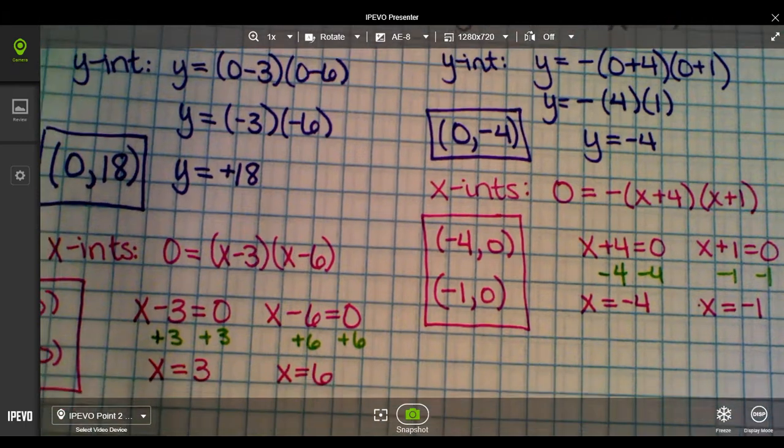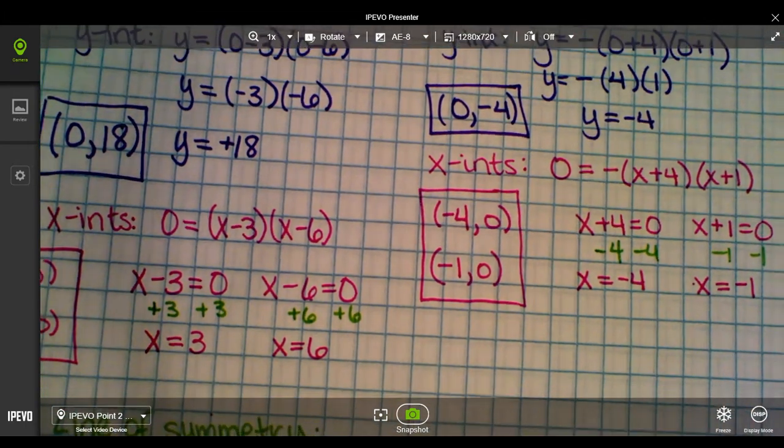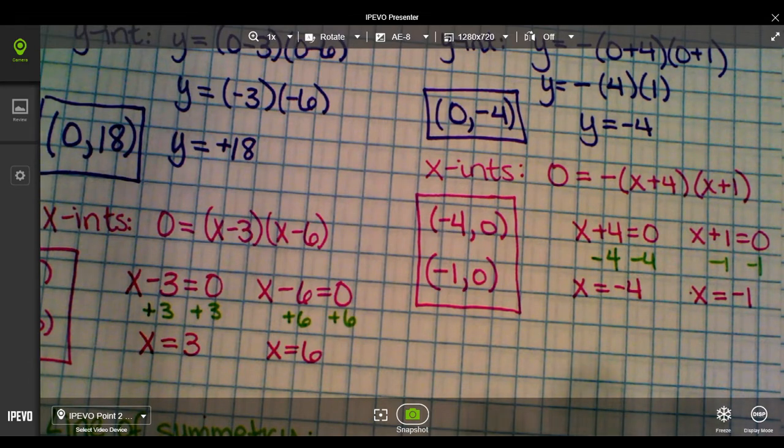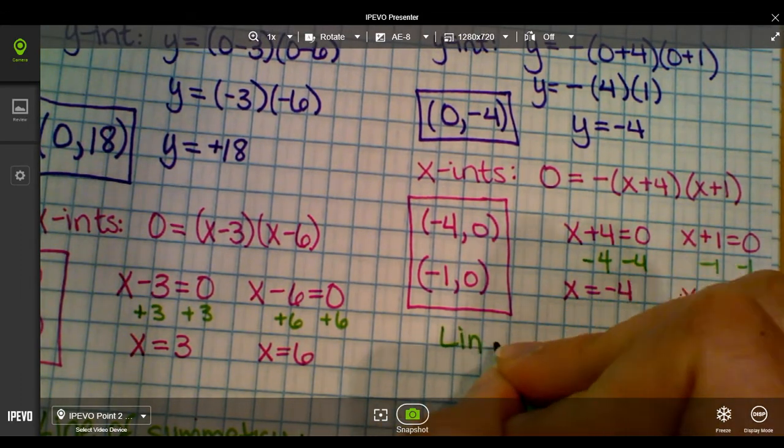Okay, so now I have my x-intercepts. So now I'm going to go in and solve for my line of symmetry. So remember, if my two x-intercepts are there, I want right smack dab in the middle of that x value that's going to cut these guys in half. So for my line of symmetry,